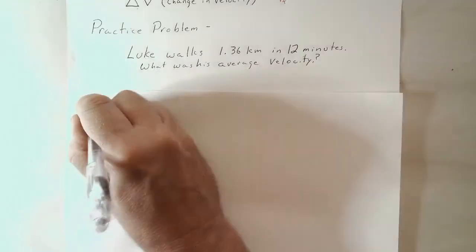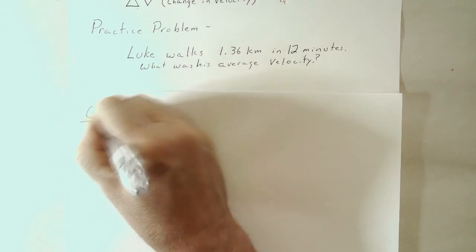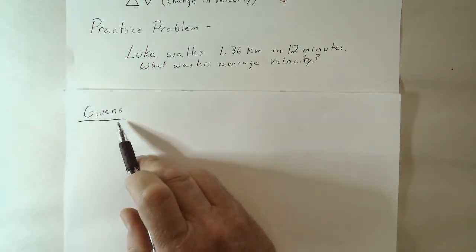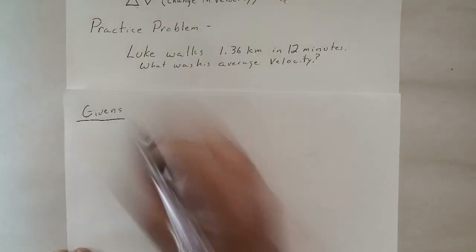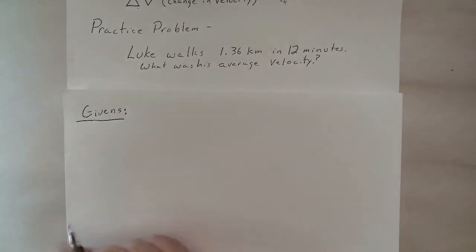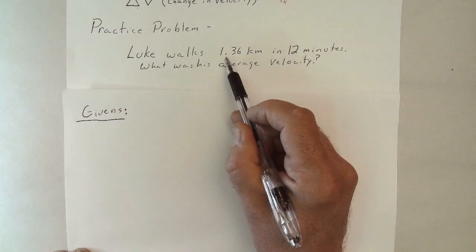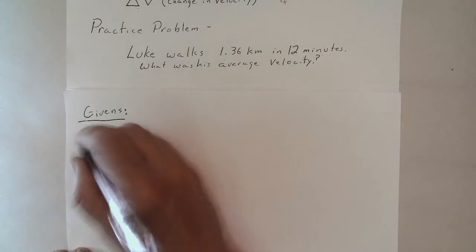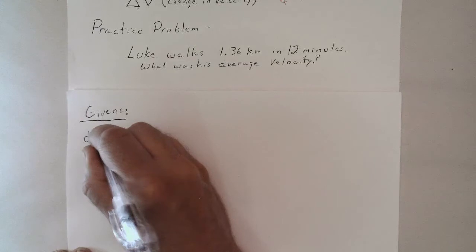So we start off by writing down the word givens. We do this nice and neatly. As you get better at this, you could do whatever you need to relax a little bit. That's fine. But we start off and we do it nice and neat. What are the givens of this problem? And we want to label them. Well, 1.36 kilometers. What is that? That's our distance, or our displacement. So we would just call this D equals